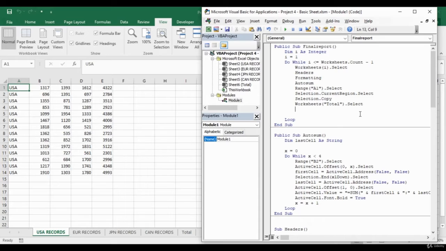It's pretty simple when you are pasting for the first time. You copy and paste into total, that's fine. Then you go to the next sheet and then to total, and if you paste it in total, the first sheet's data will be replaced by the second sheet's data. So it will be complicated. In general, we have a couple of options. One is to find where the data is already available and paste the data in the next line.